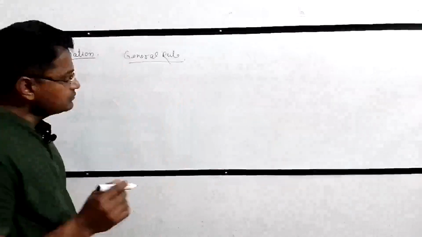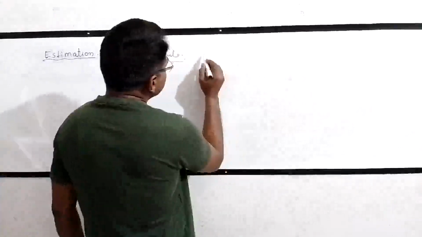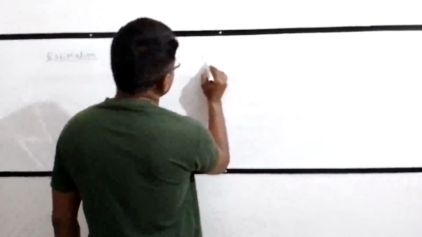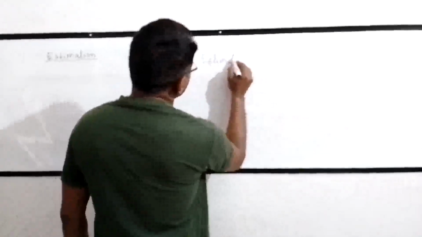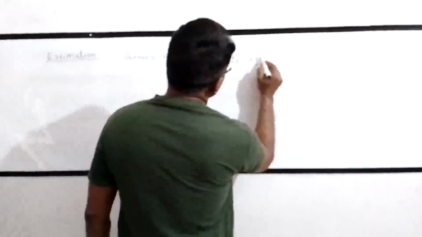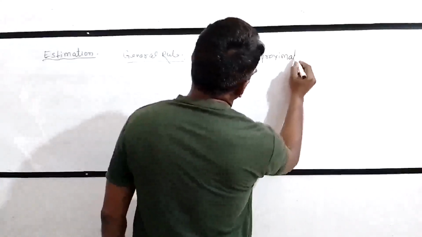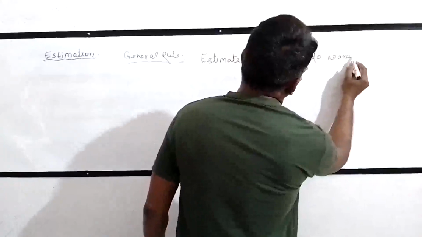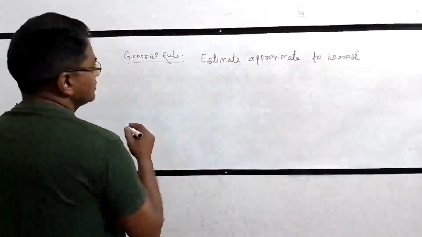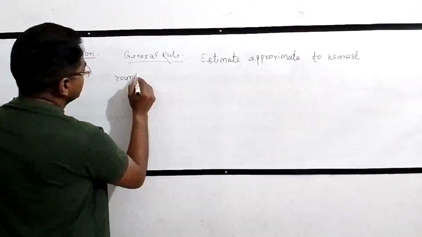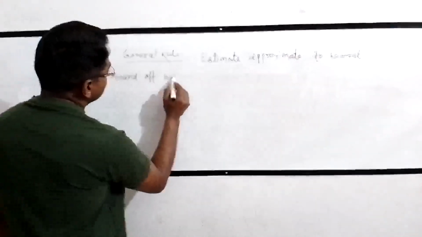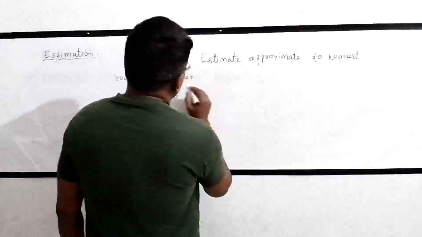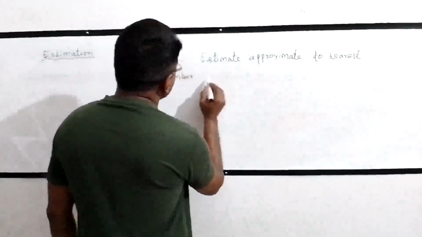In general rule, estimation: approximate to the nearest round figure, the nearest round number. The nearest round number, if